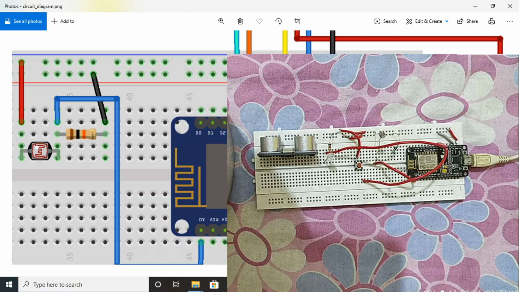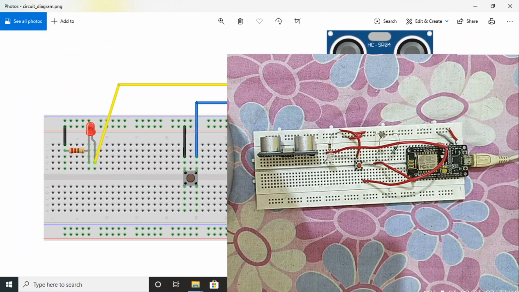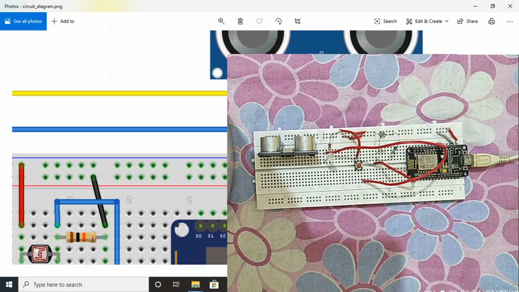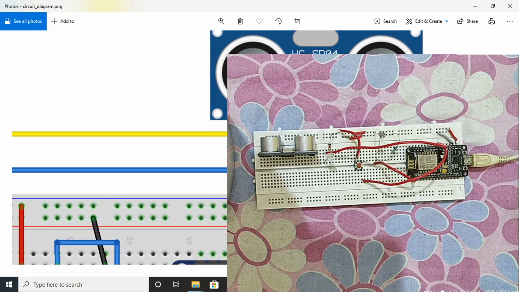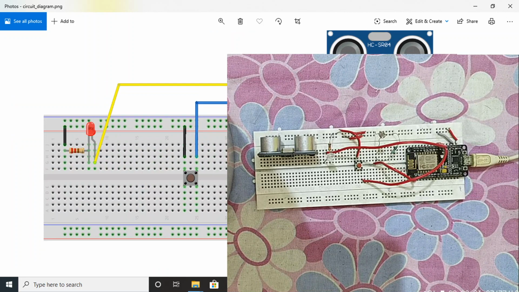And now the last thing which we need to connect is the ultrasonic sensor. So you can use any pin. The important two pins are the trigger and echo. Trigger is, I think, output and echo is basically input. They are sending a pulse. So let's connect it first. VCC and ground, let's connect that.